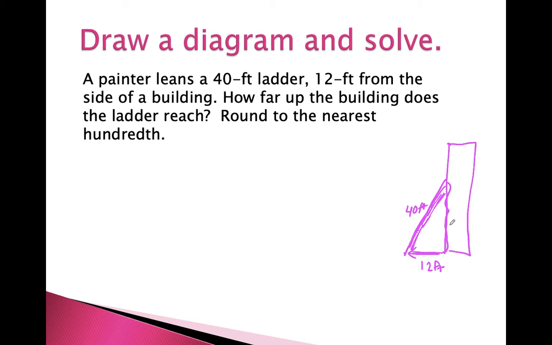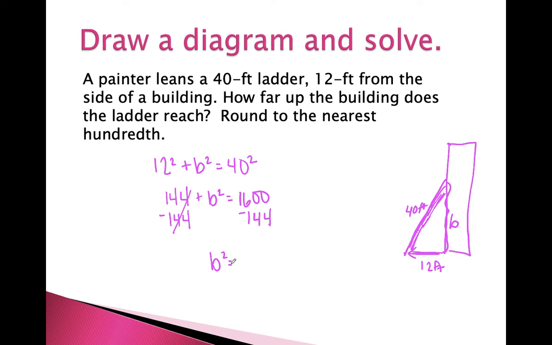So this measurement here, we'll call A, and we'll call our missing measurement here B. So then 40 is C. So we're going to say that 12 squared plus B squared equals 40 squared. 12 squared is 144, that's 12 times 12, plus B squared equals 40 squared, which is 1,600, and then we want to now solve for B. So here's where, instead of adding the two together, we actually subtract 144 from 1,600, and that gives us about